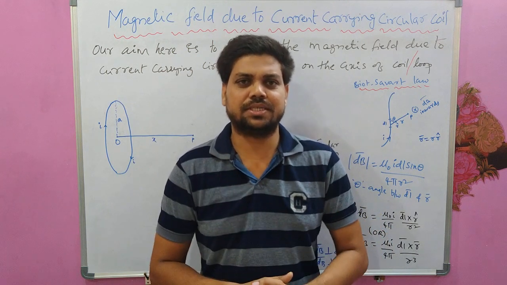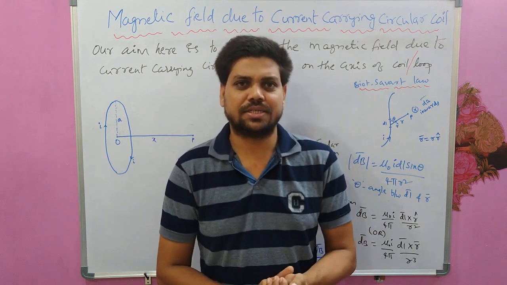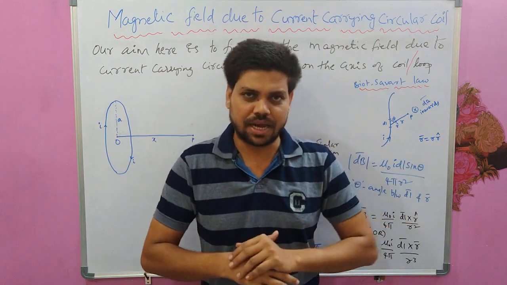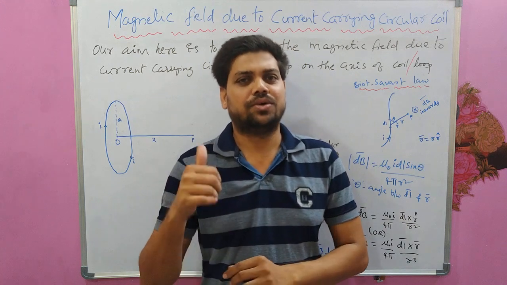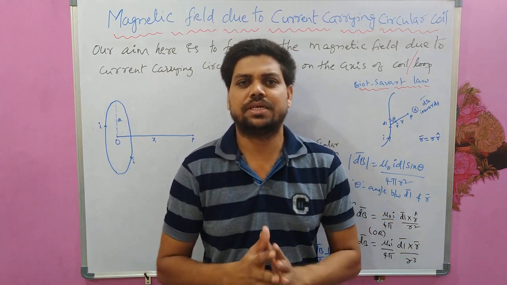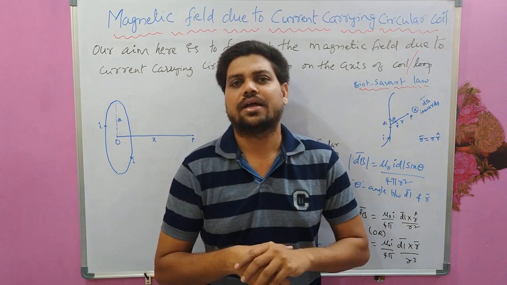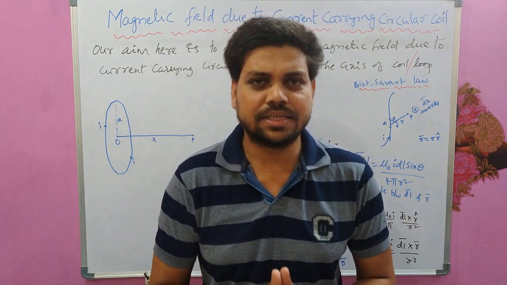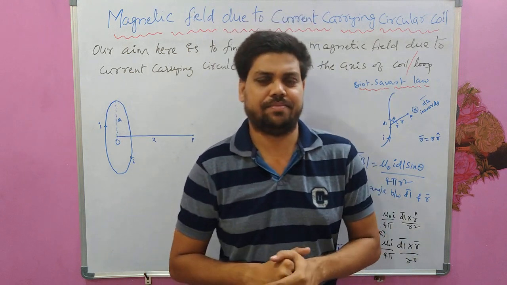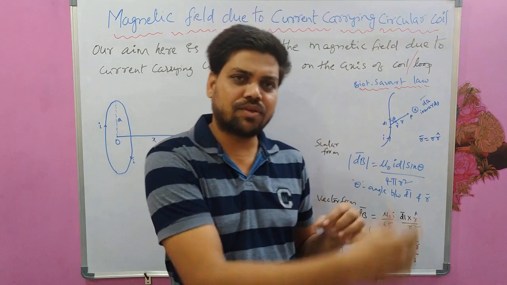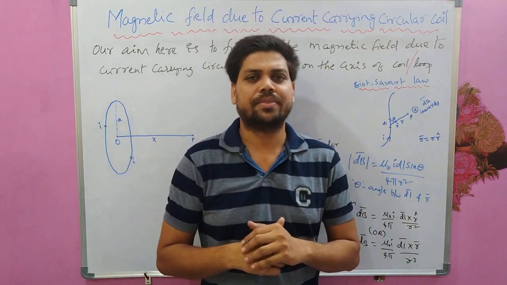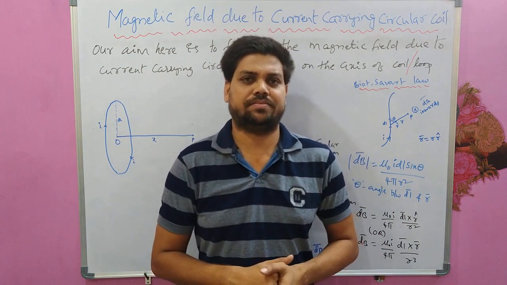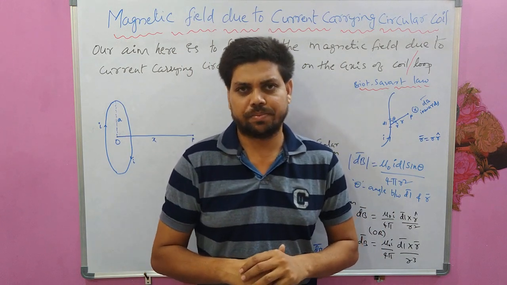Because I am going to use this, what I suggest is, in one of my previous video lectures, I have already discussed Biot-Savart's law. If you have not watched it, do watch it so that it is easy for you to understand this class. We know that every current is a source of magnetic field. Since some current is flowing through a current carrying coil here, it also produces a magnetic field, and we are going to find out how much it is on the axis of the loop.